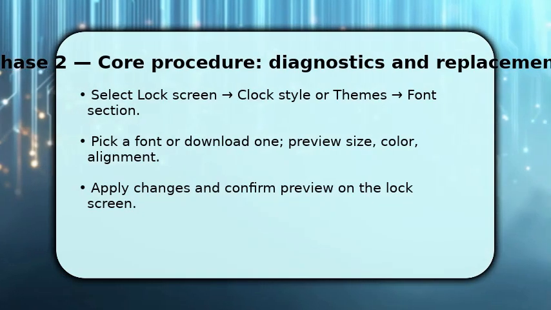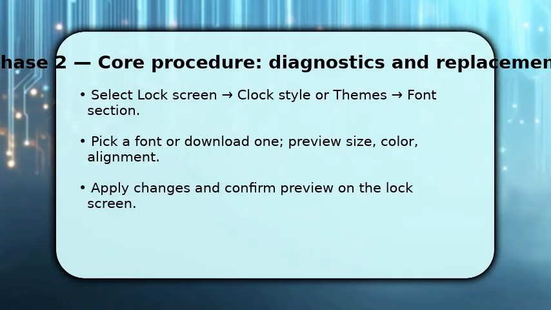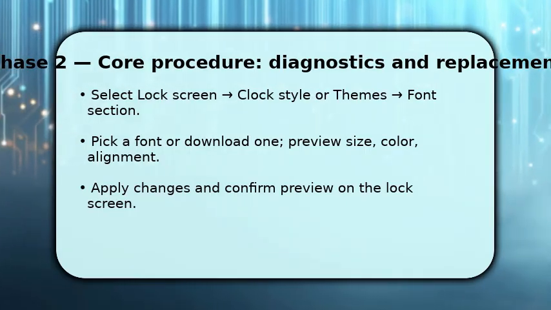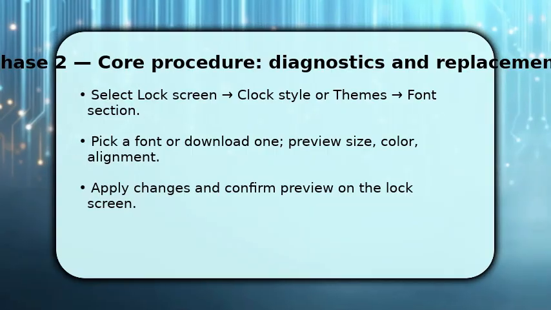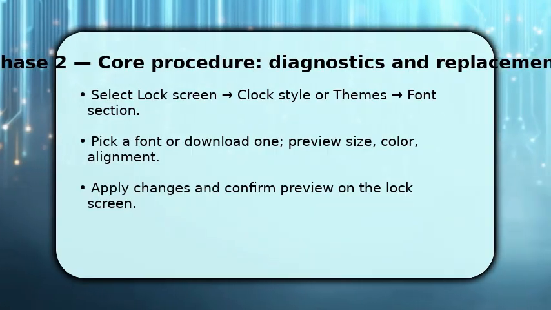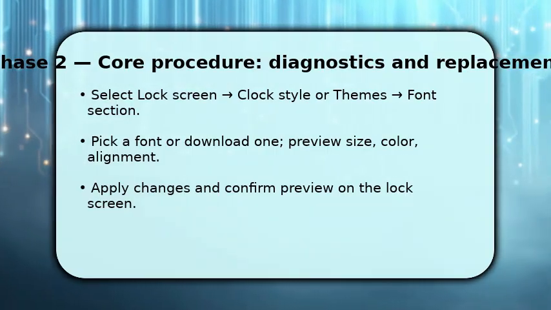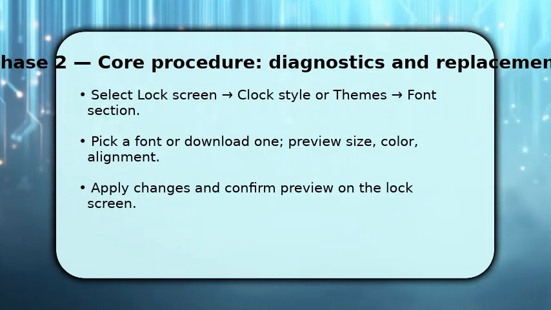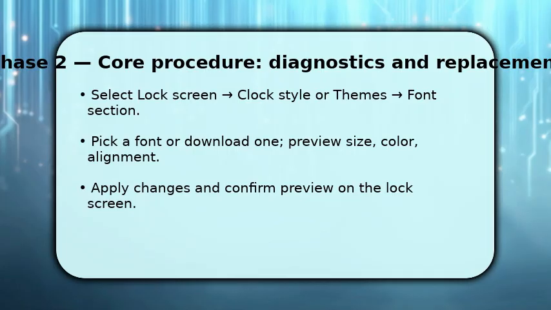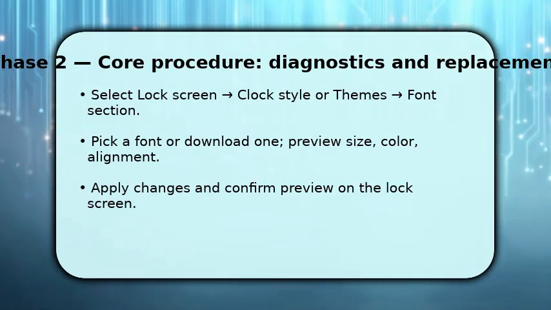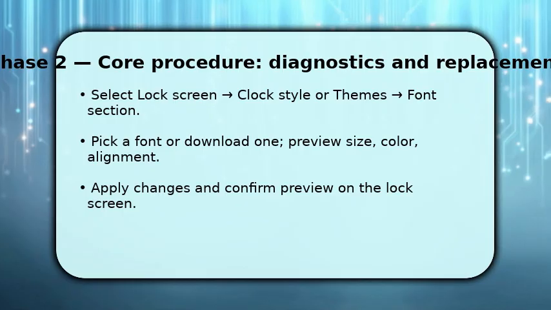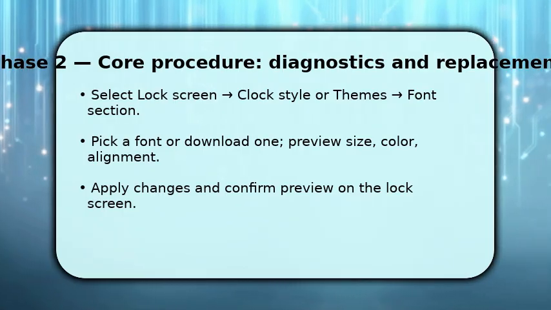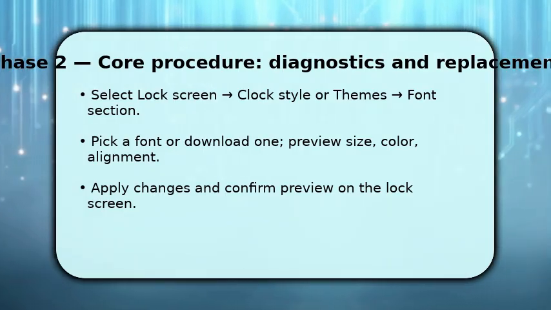You next pick the clock or font option. Tap Lock Screen, then Clock Style, or open Themes and select Fonts. Once there, choose a built-in font or download a new one. You'll see a live preview. Use it to adjust size, color, and alignment so the time remains readable. Make sure to check both Portrait and Always on Preview if available. When satisfied, tap Apply. This step customizes the numerals and style and explains why readability, contrast, and size matter for